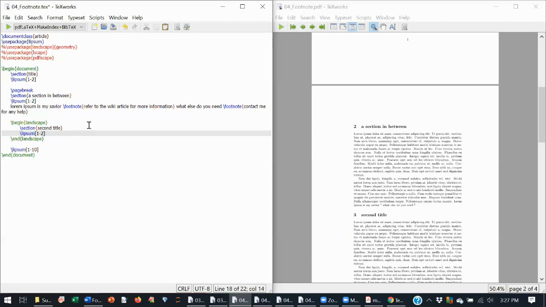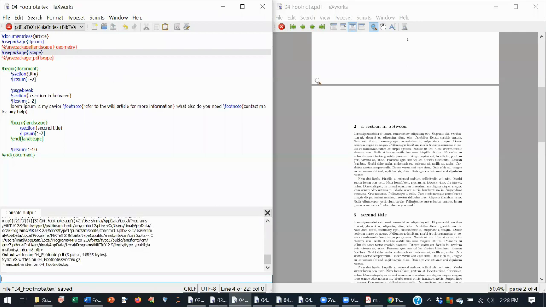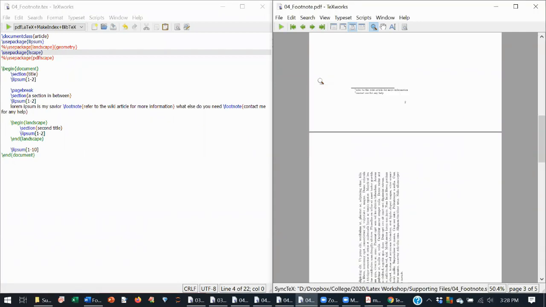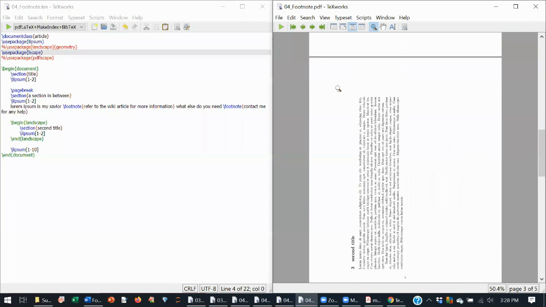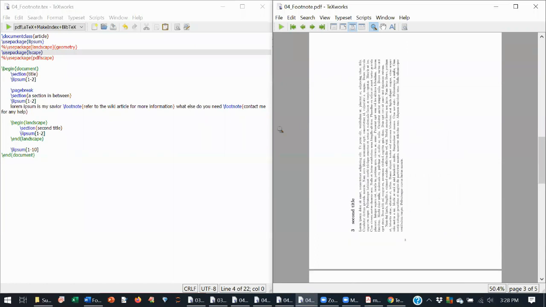We have a section title, and if you want to convert only a particular page, you use the package lscape. If you compile, we'll see what happens. This converts only the content.